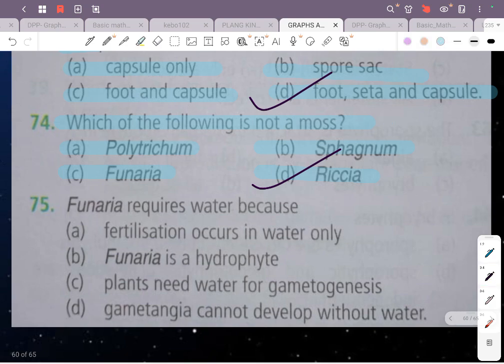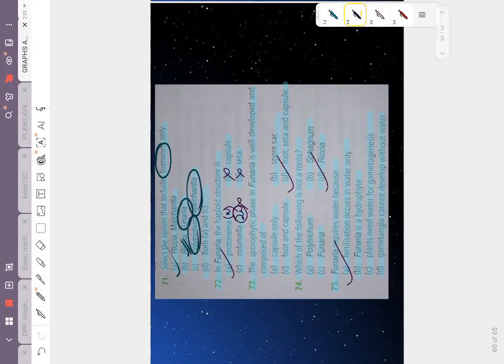Now moving on to the next question. The next question and the last question for the day is Funaria requires water because A, fertilization occurs in water only, B, Funaria is a hydrophyte, C, plants need water for gametogenesis, or D, gametangia cannot develop without water. Now देखो अब यहाँ पे the correct option would be fertilization occurs in water only. Now see how they framed the question is what I found a bit weird because देखो Funaria is a moss, right. और mosses अब in general bryophytes के केस में क्या होता है,